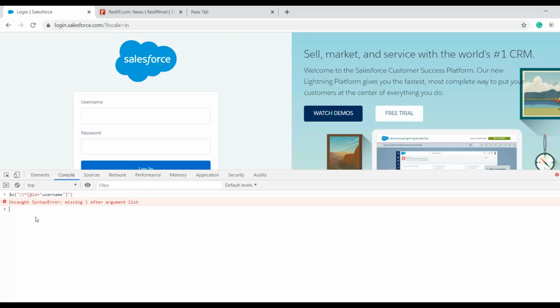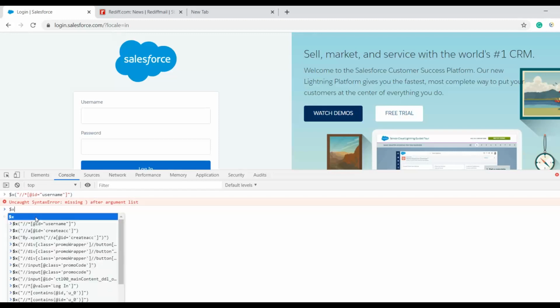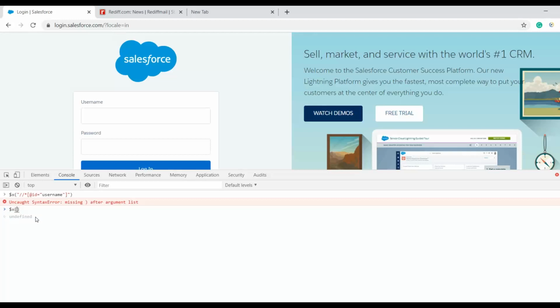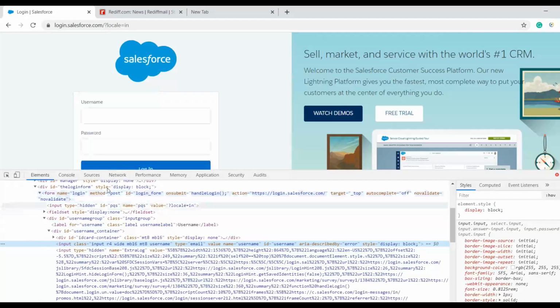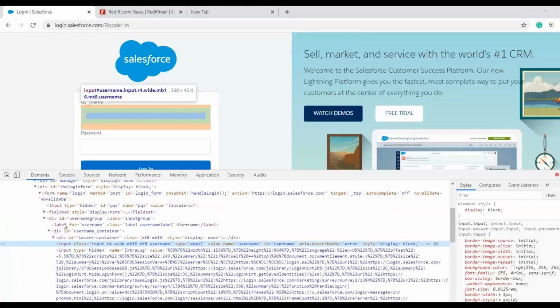Let me show you guys how this will work. Just paste it here and use single quote instead of double quote. Click on enter, and when you click on it, it will select the element. If it selects this, it means it has successfully created a